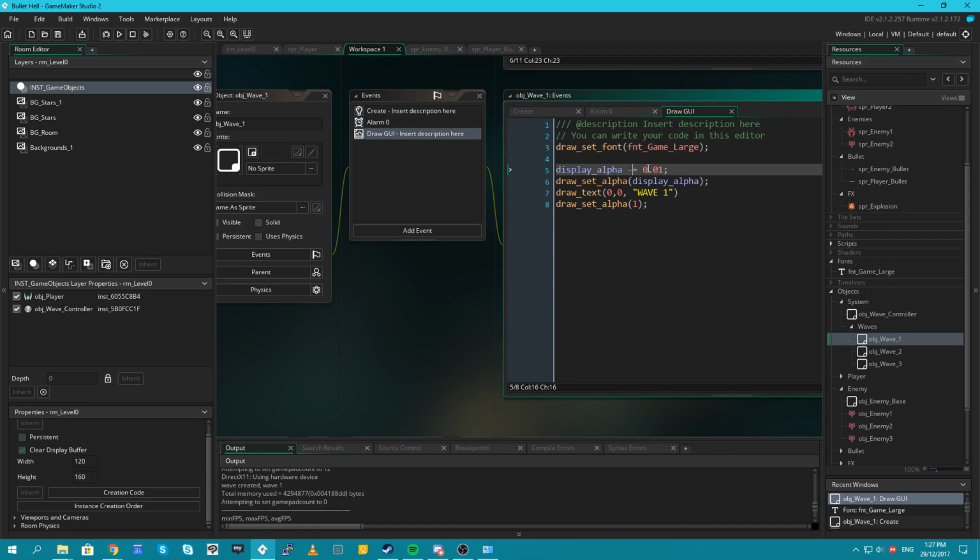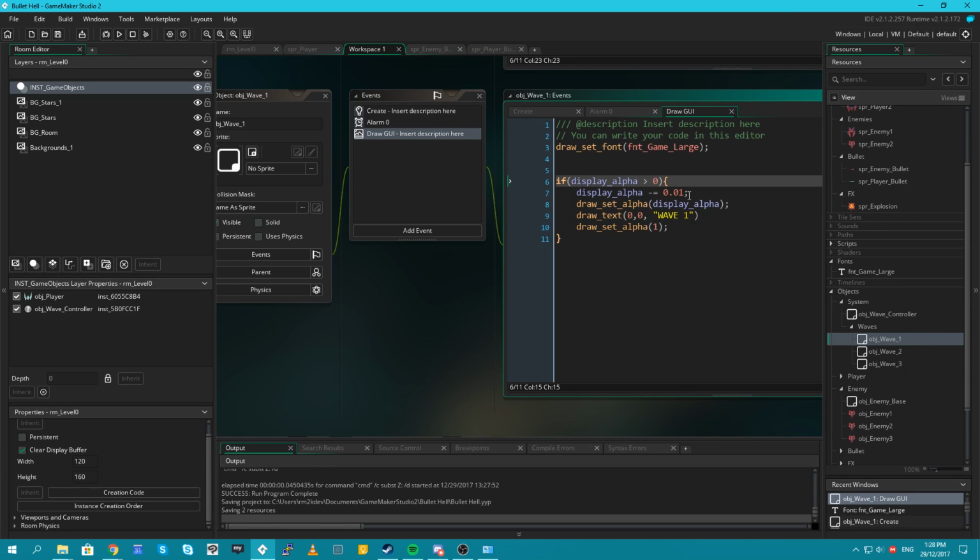And then, alright, so that's headed down now. And then what we'll do is say only do any of this if display alpha is greater than 0. That way it won't keep counting down forever.